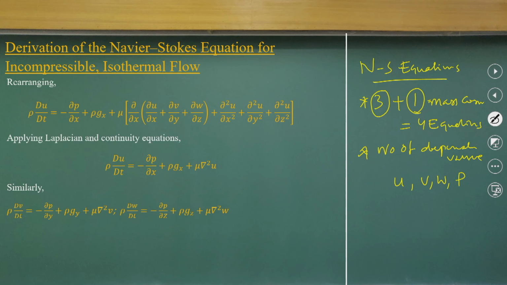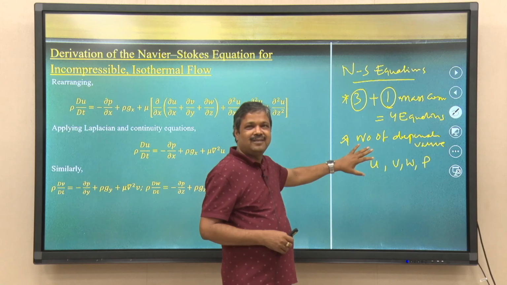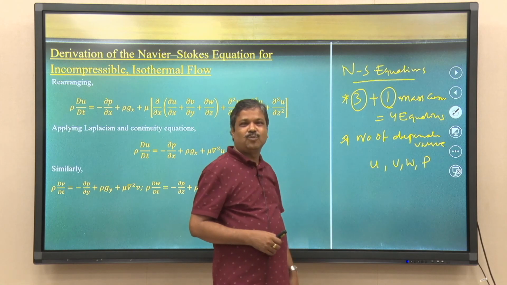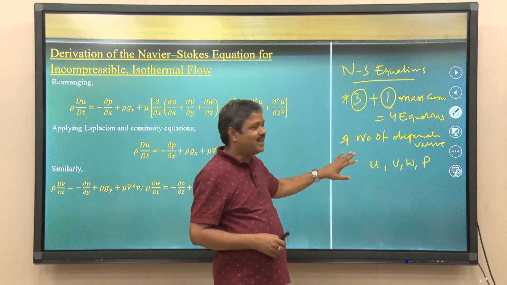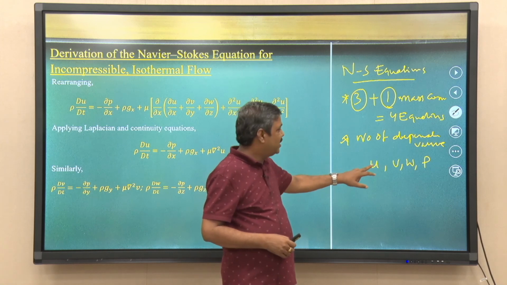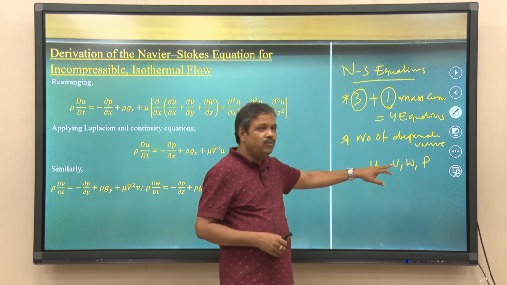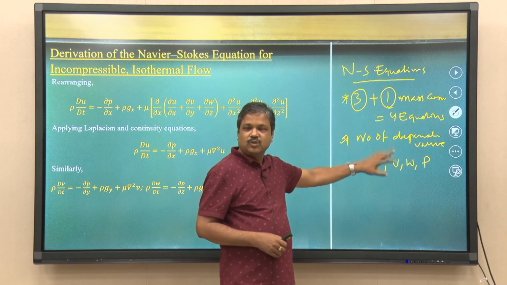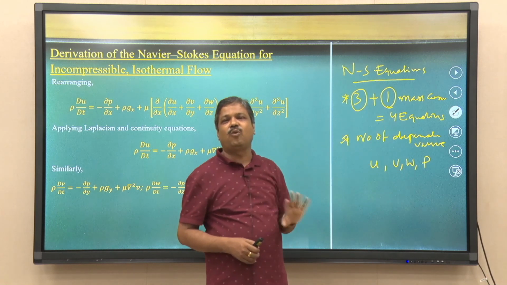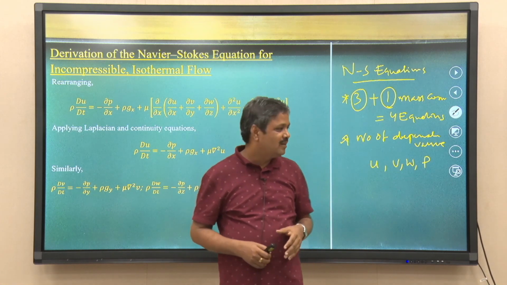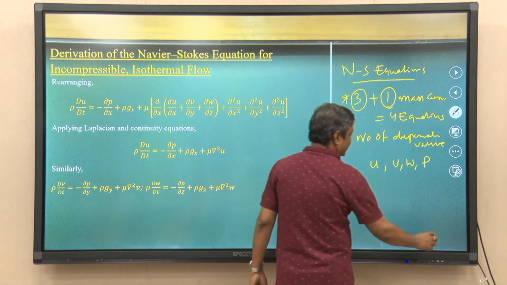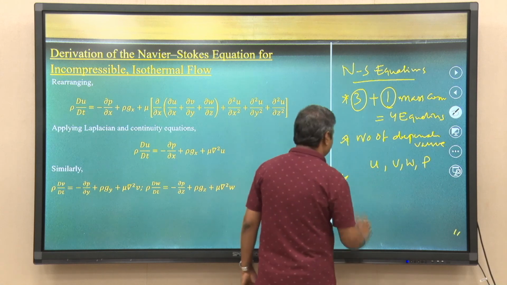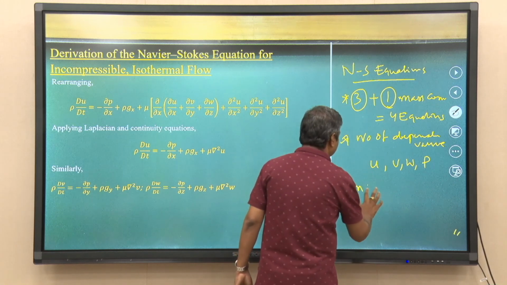We have 4 equations with 4 dependent variables, 4 unknowns to be found, which are functions of space and time: the velocity components u, v, w and the pressure. So, we have 4 equations and 4 unknowns, so we can solve it, but it still has problems, because there is an unsteady time component,